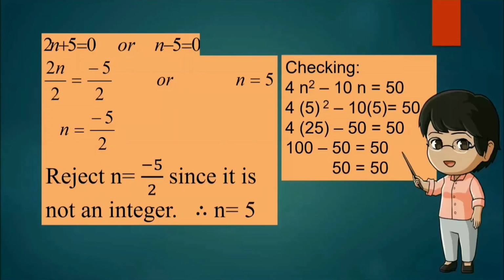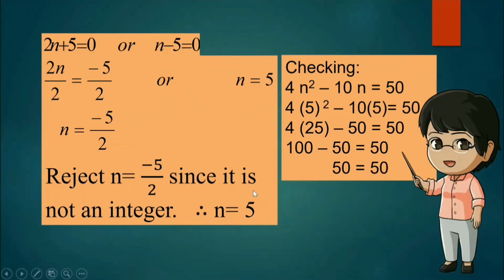And we have 2n plus 5 equals 0 or n minus 5 equals 0. So 2n is equal to negative 5, and dividing both sides by 2, we have n is equal to negative 5 over 2, and n is equal to 5. We reject n is equal to negative 5 over 2 since it is not an integer, and we accept n